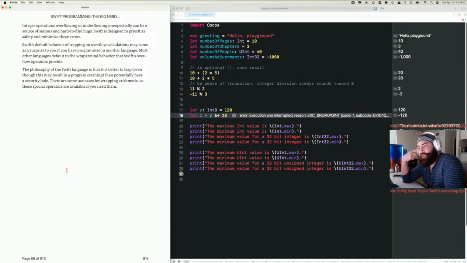Oh, they default to that. I was wondering why you would want to allow that to happen. Especially in the case where it comes back as a negative, where the underflow or overflow would cause it to come back negative, given that the integers are positive. So you would hope that the compiler or the runtime, based on the language, would catch that for you. So, okay, cool. A big win for Swift, because I didn't know that. So I wonder if